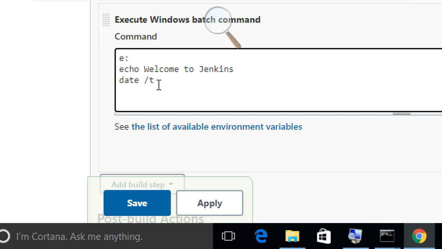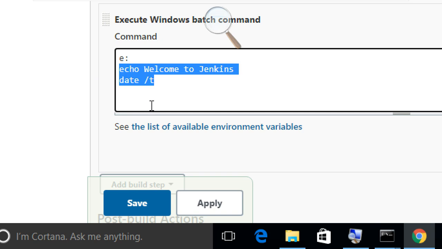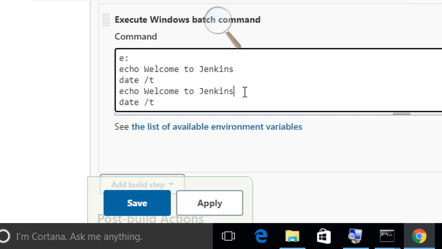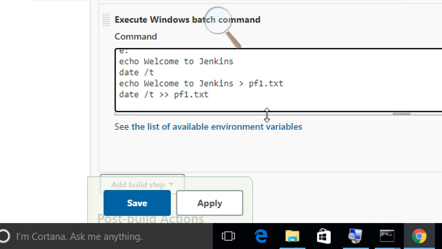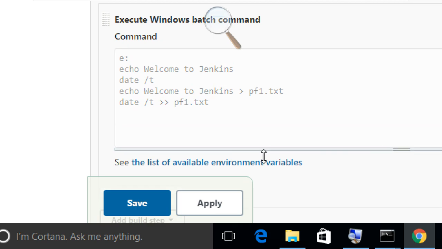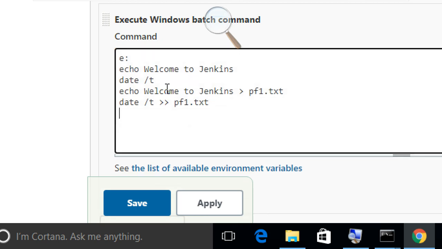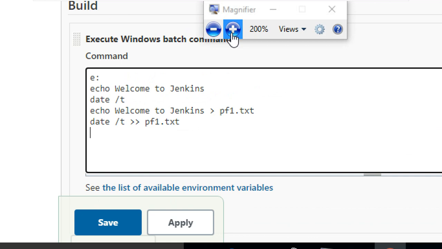Next, again I want to put this information in a pf1 dot txt. If you want to put a date also, you can put the date double greater pf1 dot txt. I want to put both. You can drag this one also if you want to see more. Guys, what I'm typing is clear, right?